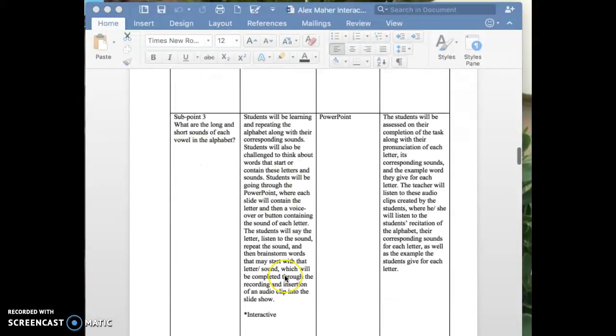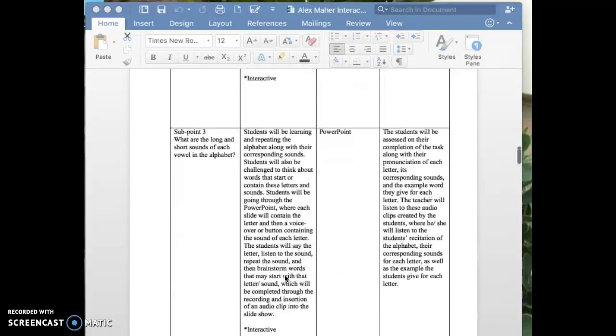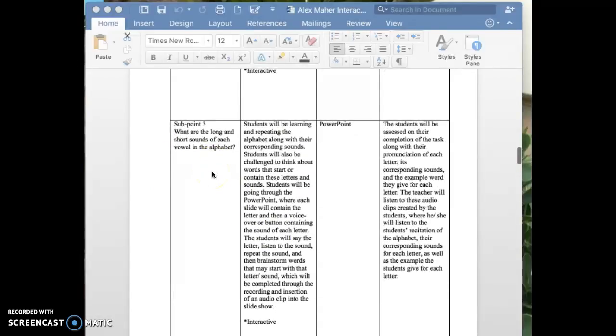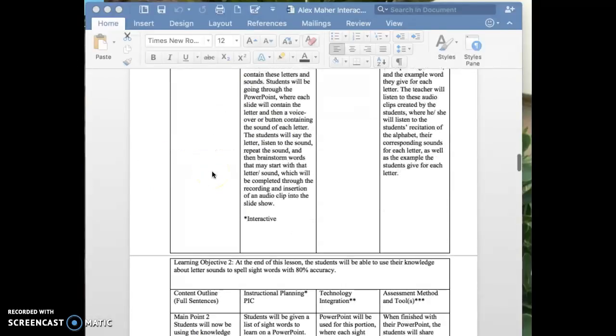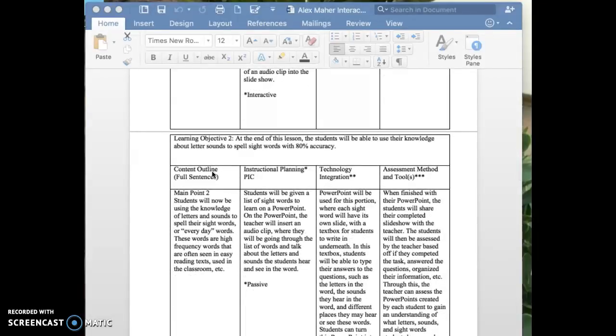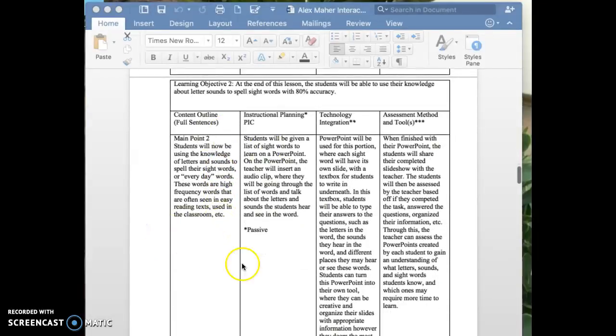Students are going to be identifying words with long and short sounds. Some letters have both, so they're really going to have to be looking for that in the pronunciation. The students are then also going to be looking at sight words. So on a PowerPoint, the